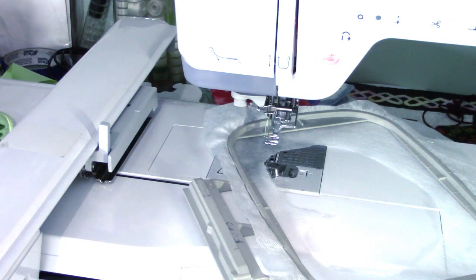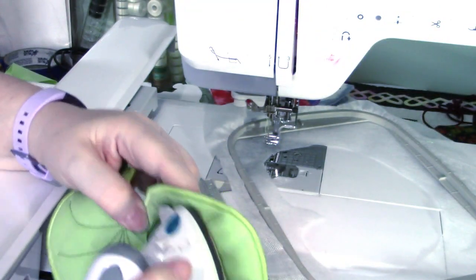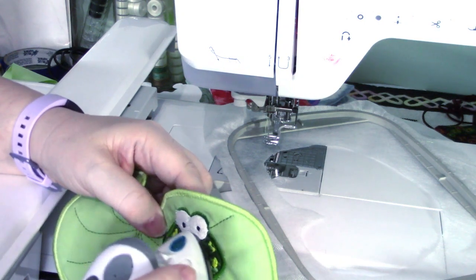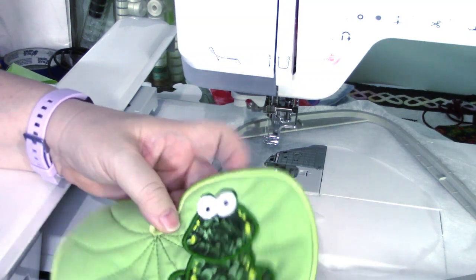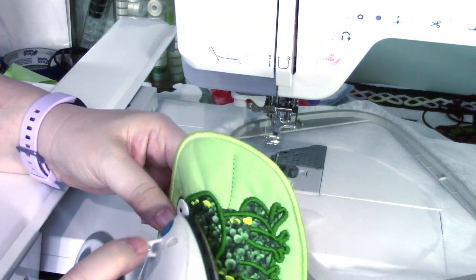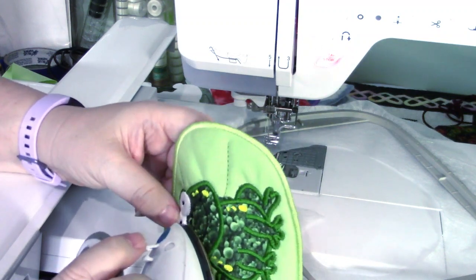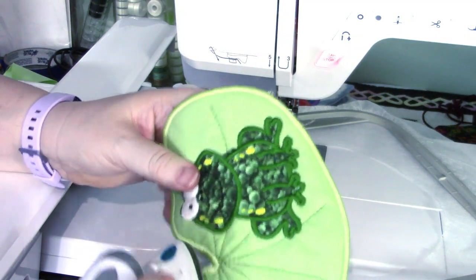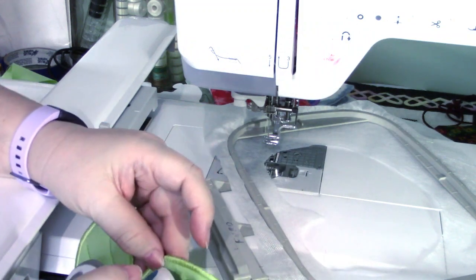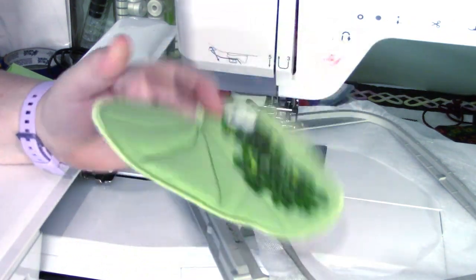So I'm going to put my little small iron on hot. So see how the eyes are kind of rough around the edges? If I take my iron on the hot setting and I just touch the edge, you could use one of those little clover irons too. I'm just touching it, just enough to get that plastic or that foam hot. And the foam is going to retract inside the stitching, and it's going to look a lot neater. If you're going to give this as a gift,